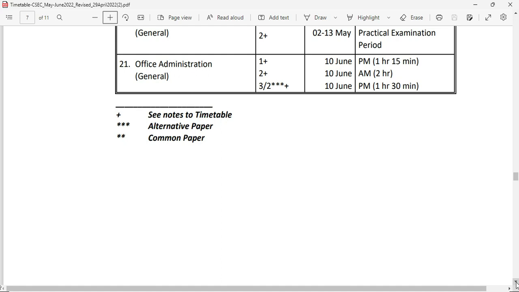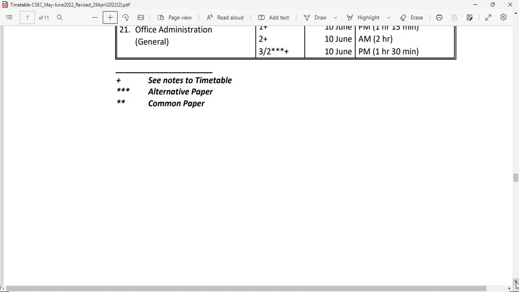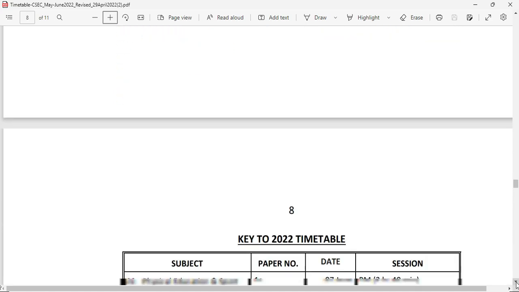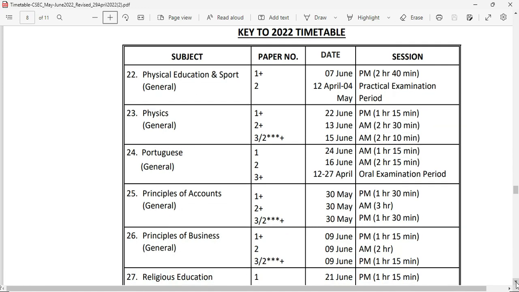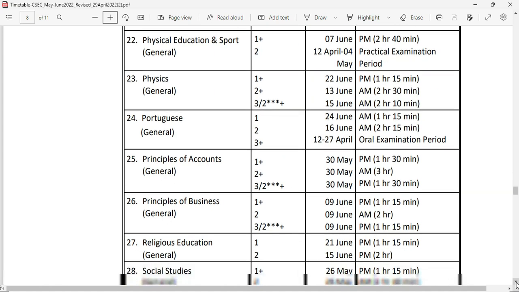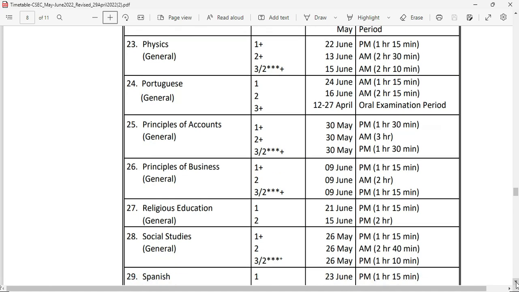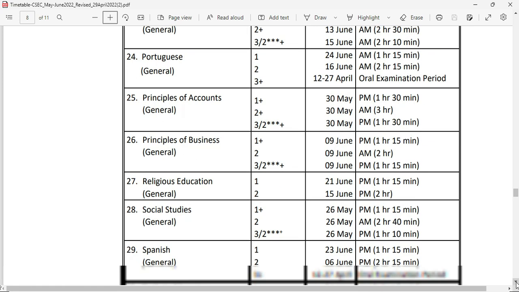Office administration will be number 21, and you're seeing the papers 1, 2, and the alternative paper, and you're seeing the date and the time for the exam. Number 22, physical education and sports, and again you're seeing the paper, the date, and the time of the exam. Physics number 23, you are seeing the papers, the time, and of course you're also seeing the date for the exam. Portuguese 24,